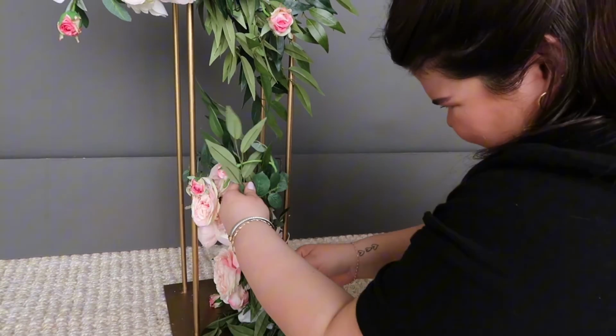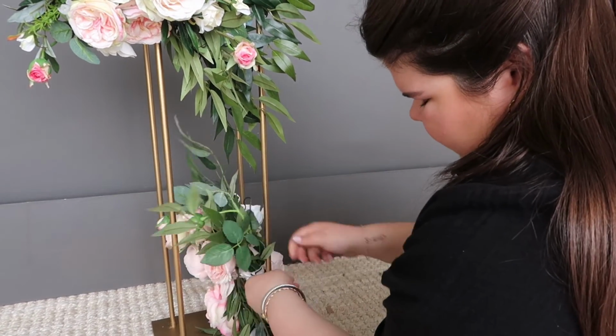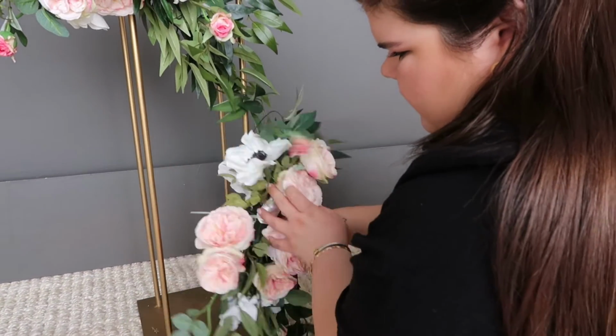Okay, so double up the zip tie. I'm keeping that in. Double up the zip tie, like put two together. And then you'll not tighten all the way, but just until you get...